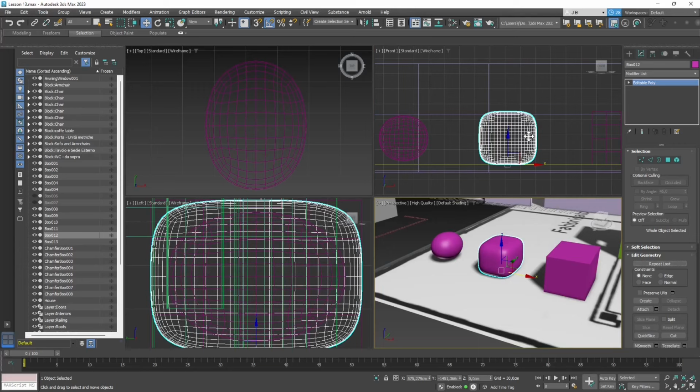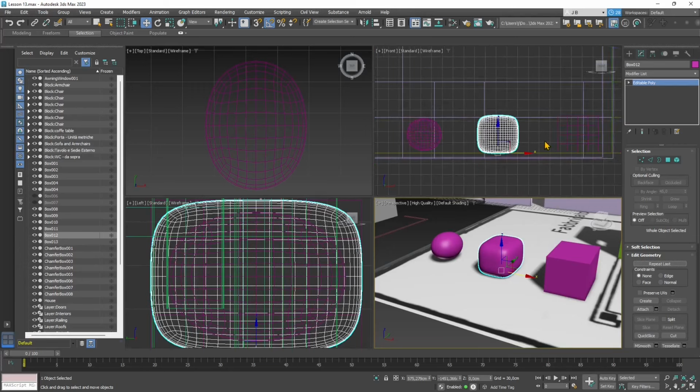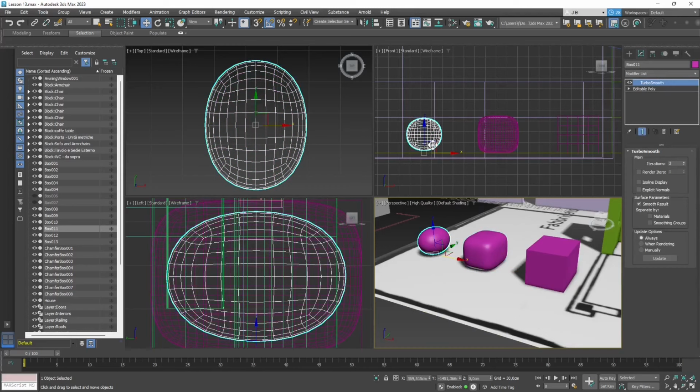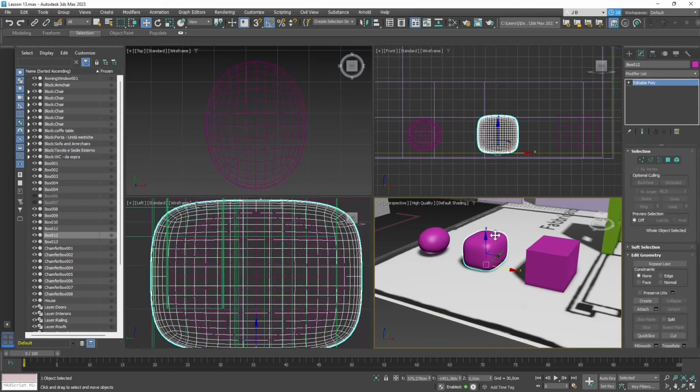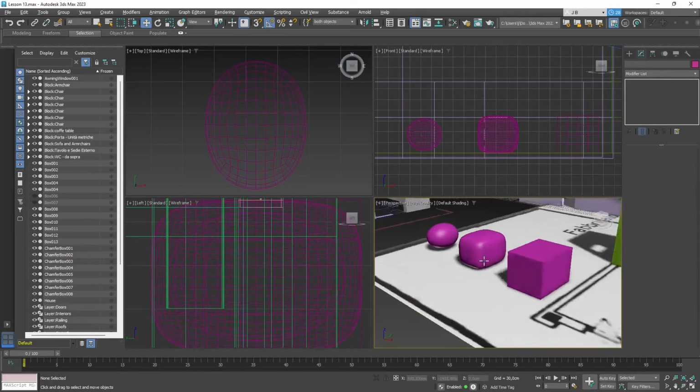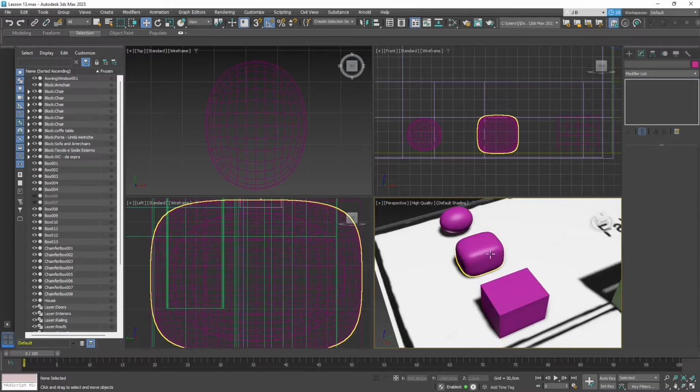So if I use the NURBS effect, that's just gonna be an effect. When I convert to editable poly once again, I'm actually gonna see the polygons. Now remember that the more polygons you have, the less manageable it's gonna be. So if you wanna manage the overall object,